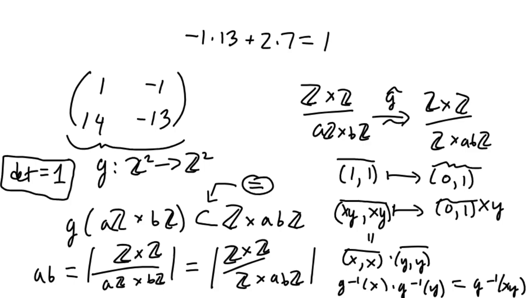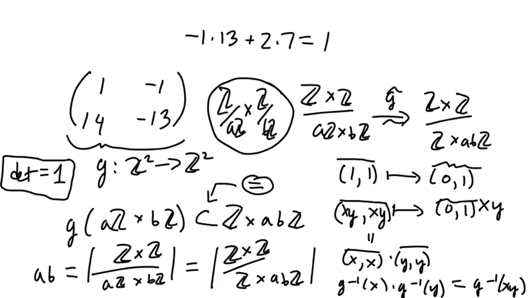We know a few things. We can actually relate it to a quotient of Z cross Z, so Z mod AZ cross Z mod BZ. Another way of writing it down is Z/AZ cross Z/BZ. So what we're going to do is take this matrix, which actually supplies us an isomorphism from this to